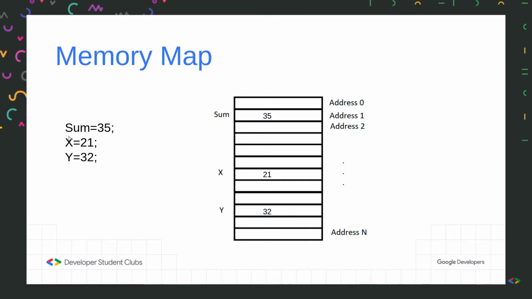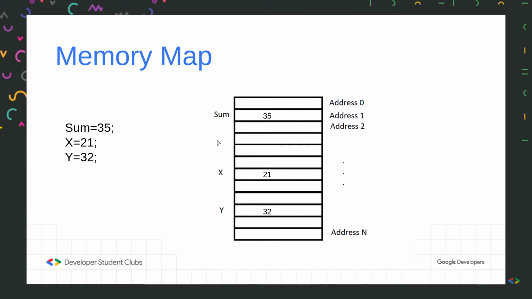Yeah, so now let's say we just declared the variables, right? Now let's use them. Now I write that sum is equal to 35 semicolon. So I have told the compiler to store 35 in the location the sum is allotted to. So basically when I write sum is equal to 35, the integer 35 gets stored in that location. Similarly, x equal to 21 says that we will be storing the integer 21 in the location allotted to x, and 32 in the location allotted to y.